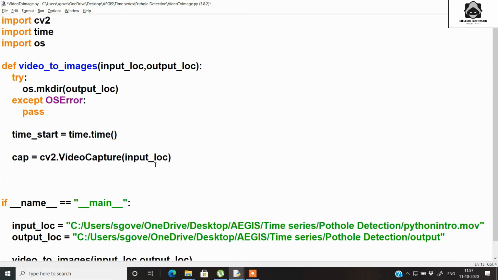Once your video has been captured in this variable called cap, the next part is to find the number of frames that can possibly be inside your video.